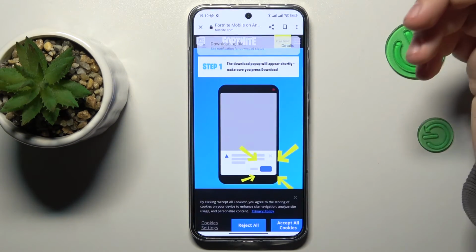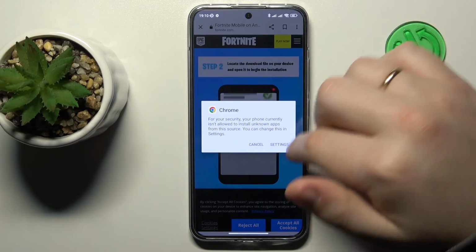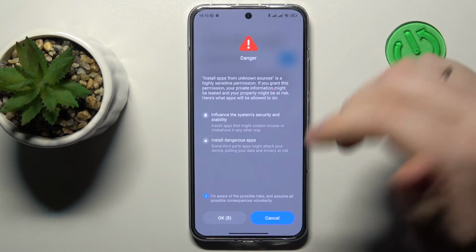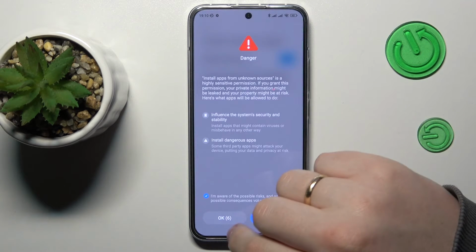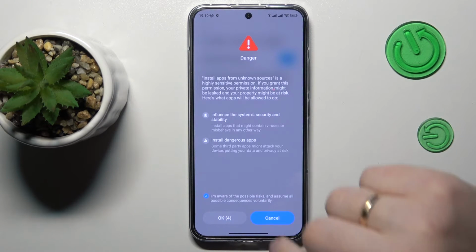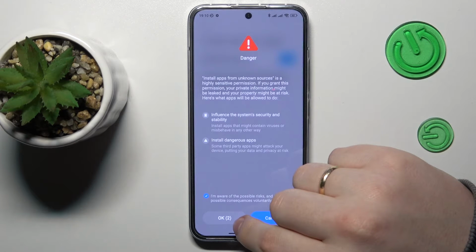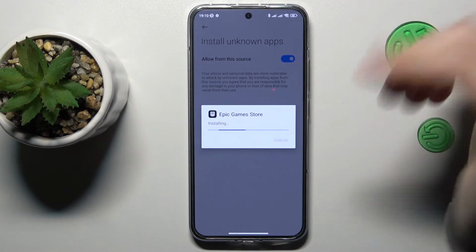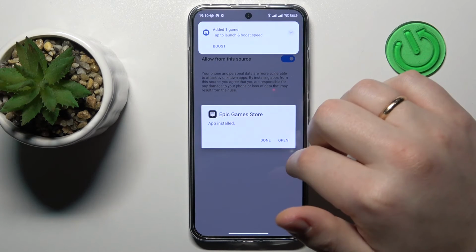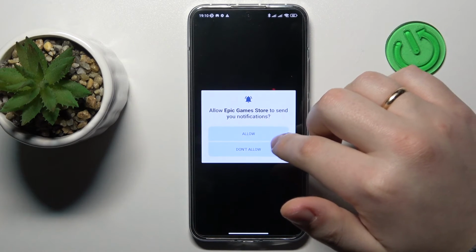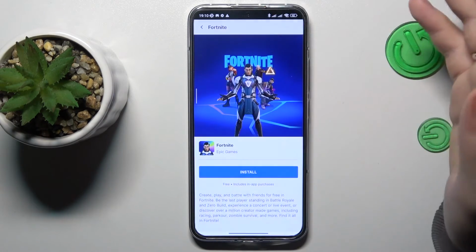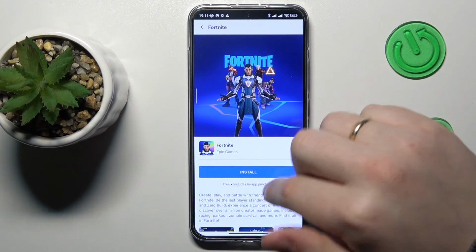confirm that you would like to still download the file, open it, grant Google Chrome or any other browser that you use the install unknown apps permission. Then confirm that you would like to still install the Epic Games launcher or Epic Games Store. Then open it. Onwards, once the Epic Games launcher gets opened, or loaded rather, open the Fortnite game page and